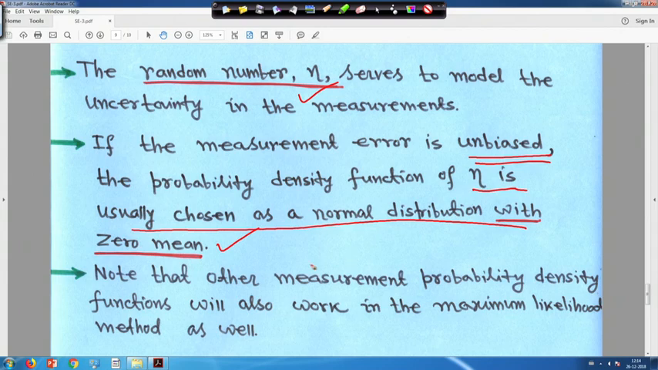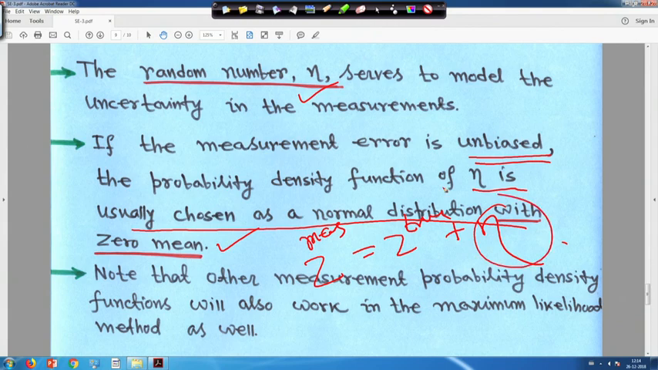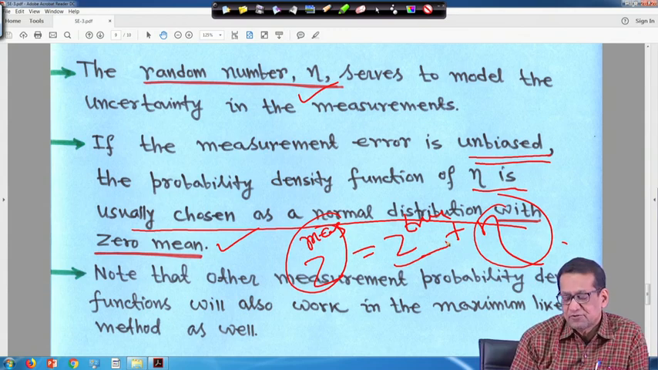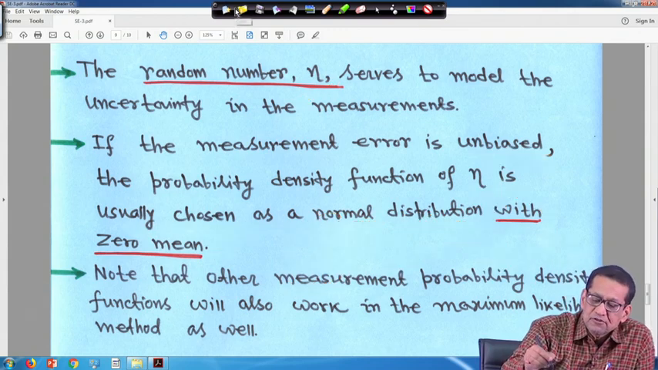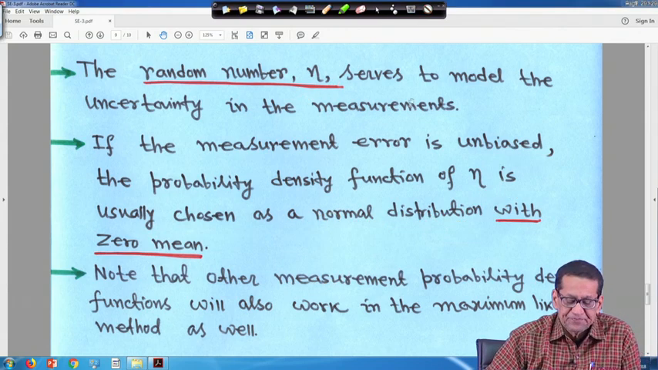So, we are writing z measure in the previous equation, equation 1, as z true plus zeta, right. If the mean value of your random number zeta is 0, therefore the mean value of z measure will be equal to the mean value of z true, right. So, that is why